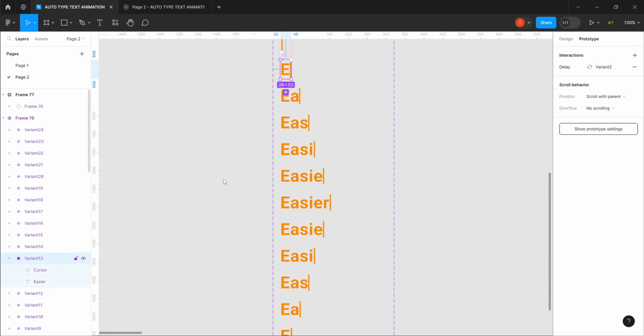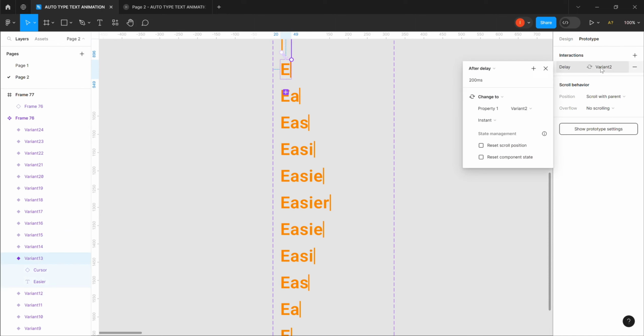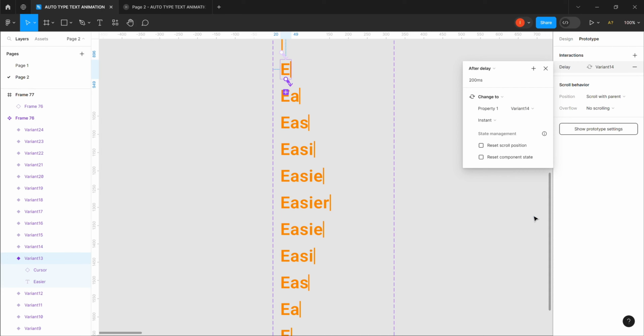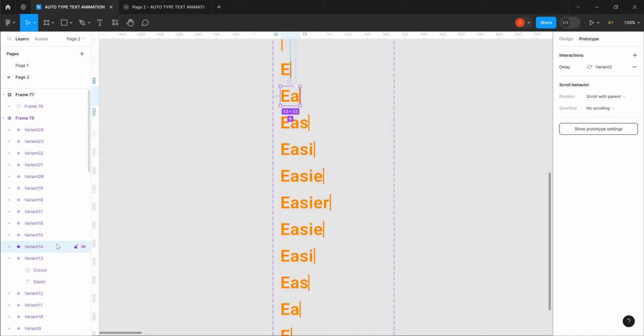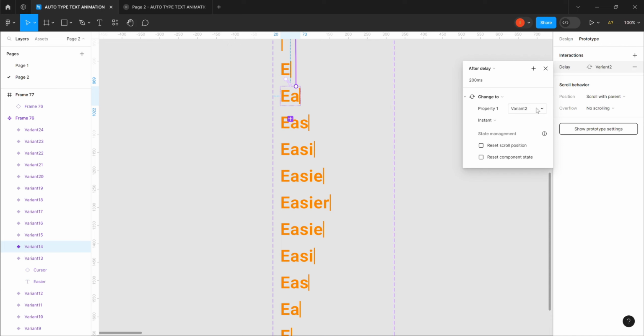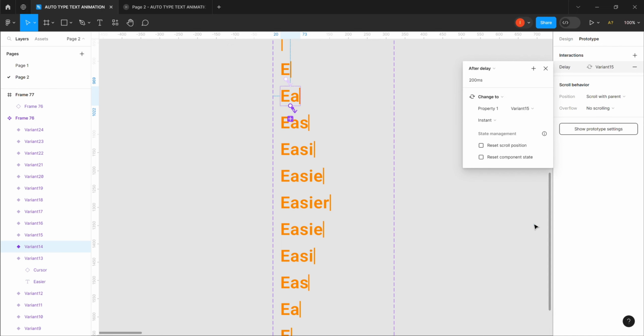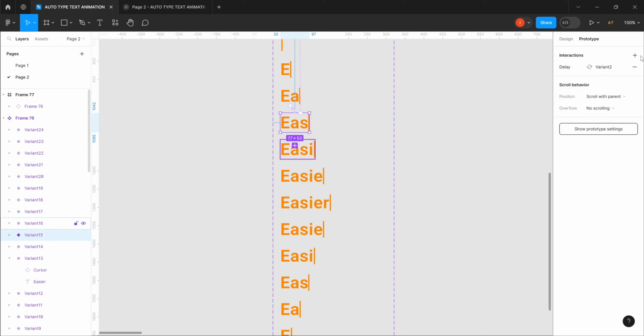We are moving 13 to 14. Okay, don't forget, to 14. Okay, so that's the way you do the other ones. Okay, so that we won't waste much of our time. We come to variant 14. Variant 14, we move to variant 15. Navigate to variant 15. Variant 15, we navigate to variant